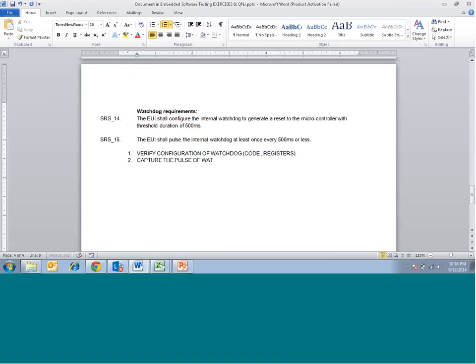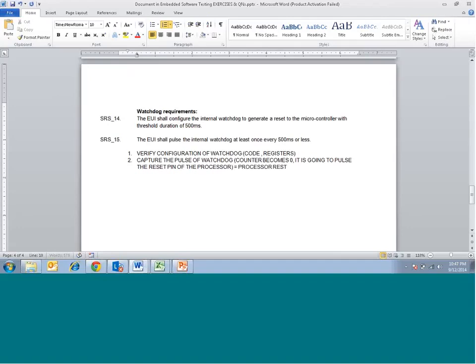Usually a watchdog is a circuitry with a counter configured for 500, and it is a decrement counter. The 500 becomes 499, 498, 497 like this. When it becomes 0, it is going to reset or pulse the reset pin of the processor such that the processor